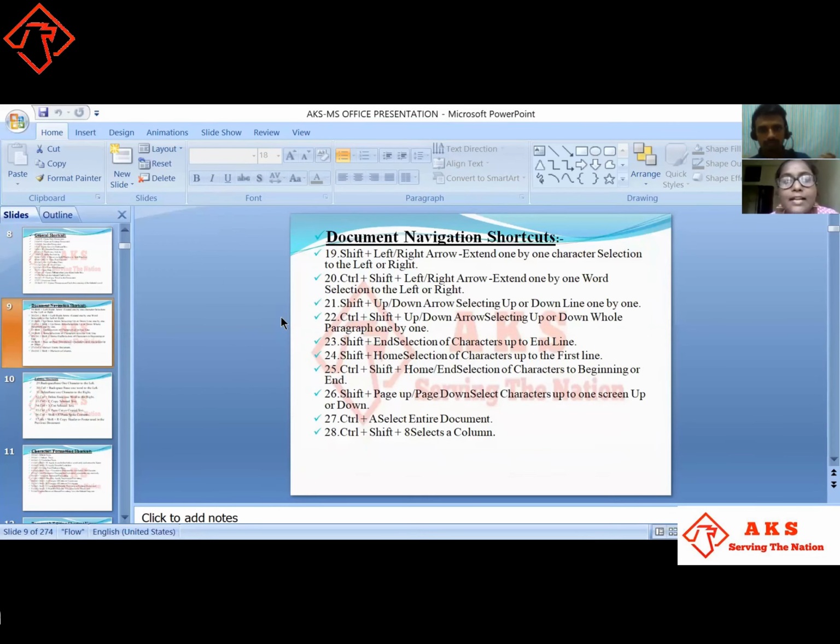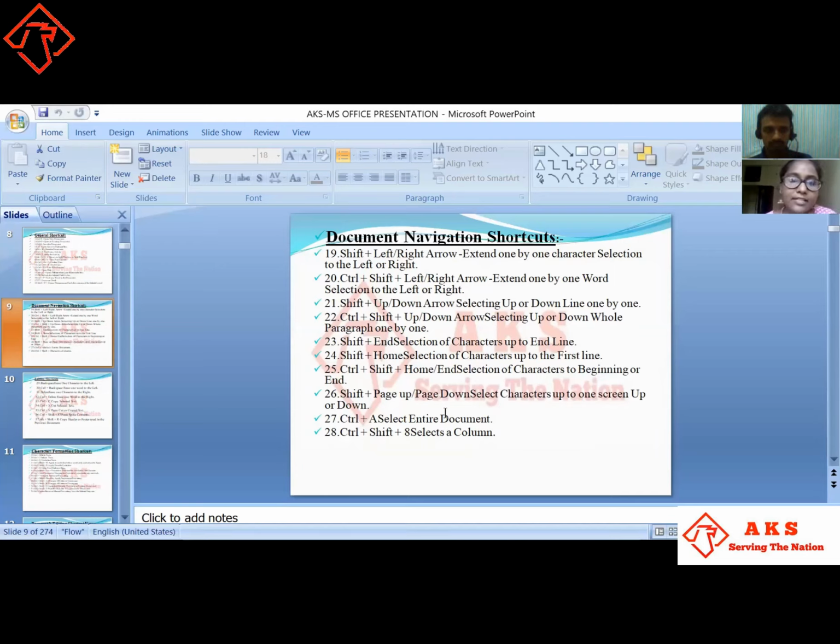Next is Shift plus up or down arrow, selecting one line up or down at a time. Selecting up or down a paragraph, we have to select one by one, by clicking Control plus Shift plus up arrow or down arrow.